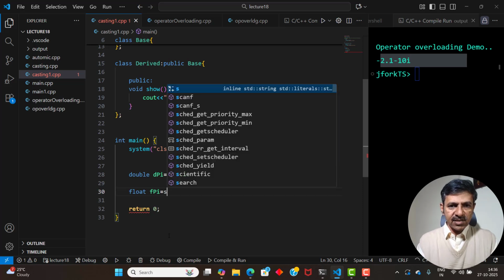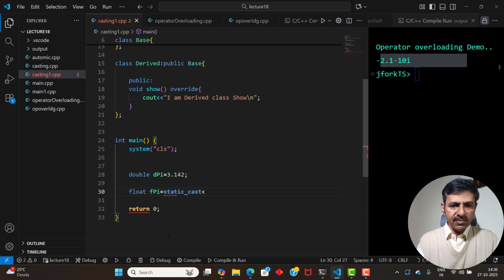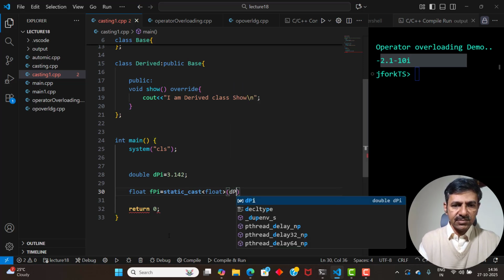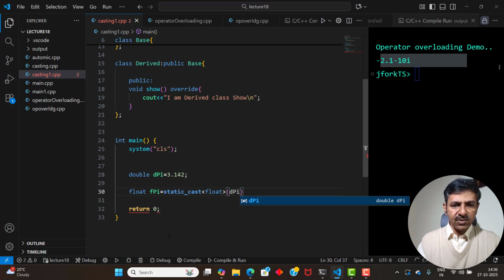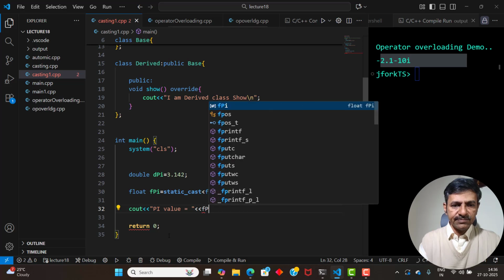So here you have to say static_cast and mention what type of conversion you want. You want to convert to float, and then here you mention the object which you want to typecast. Okay, so now if you say cout pi value equal to fpi,